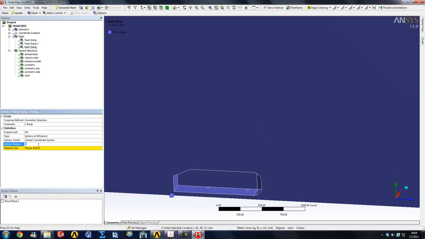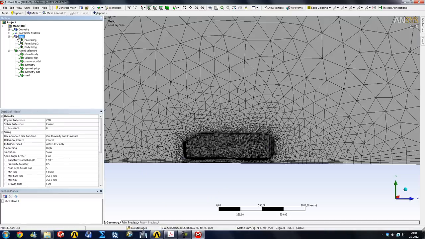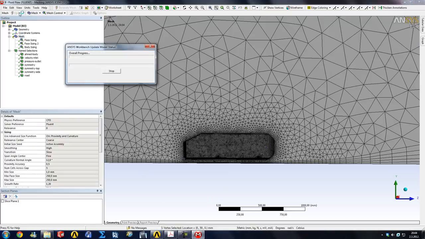Let's say sphere radius 200, and let's limit our elements to, let's say, 500 here. Now if you click update,